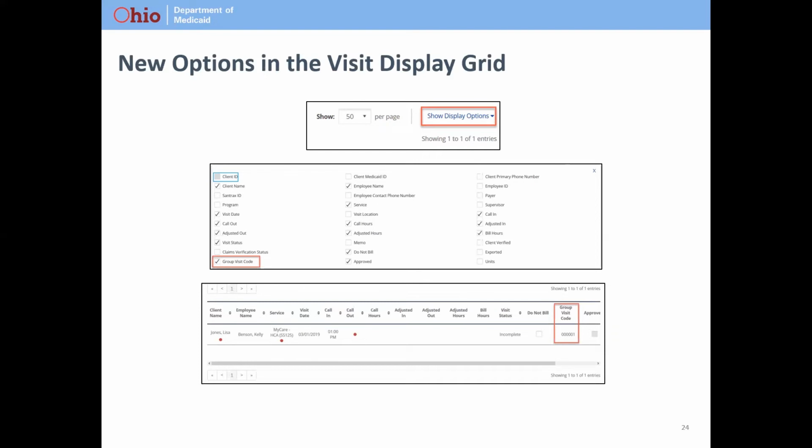There are several pieces of information that are selected for you by default, and that includes the client name, the visit date, call in, call out, service. But there are some additional options that have been added in phase 2 or have more value for you to see in phase 2 that you could consider adding. One of these options is group visit code. So if you are a provider who does group visits, the group visit code is going to become important if you need to add additional clients into a visit or just see clients who have been put in the same